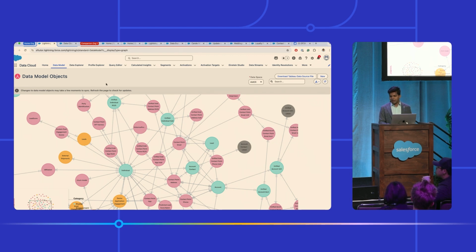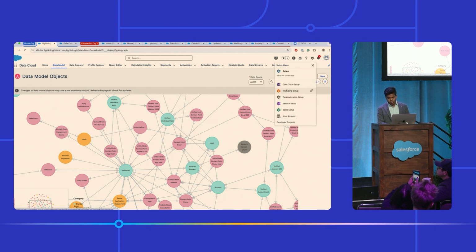This is the Data Cloud application. This is where you have brought in your structured, unstructured data and created a data model. You may have one or more data spaces. So we have multiple data spaces in this home org, and you have this data model. Now, within this organization, I can now go to,